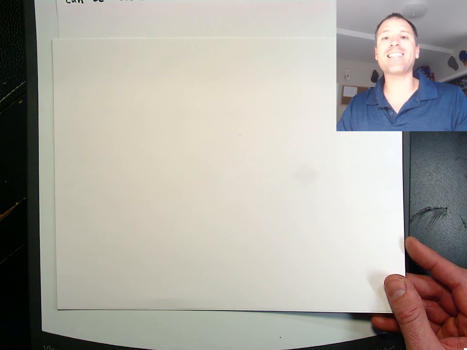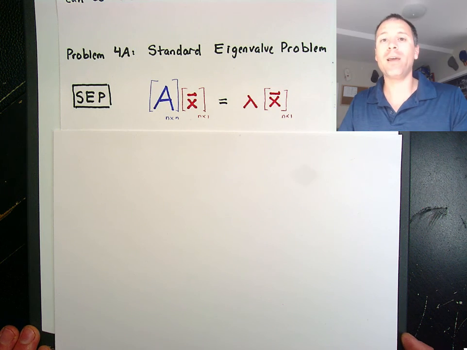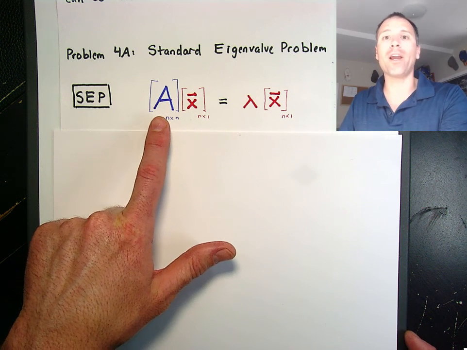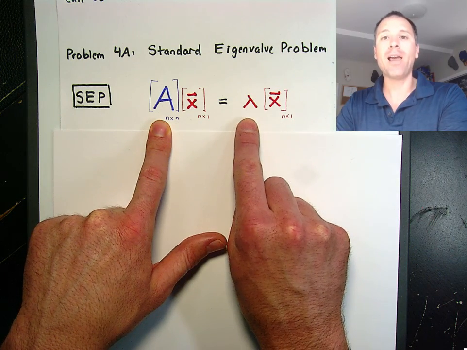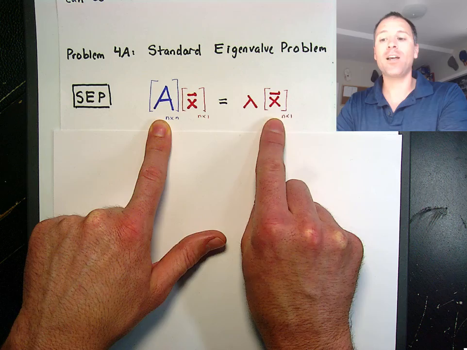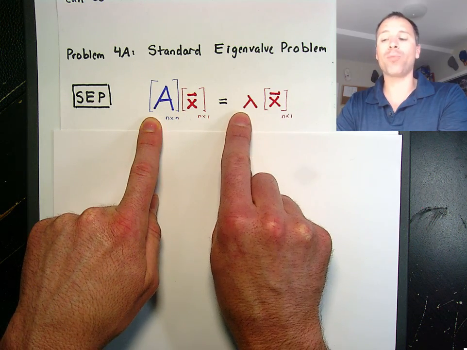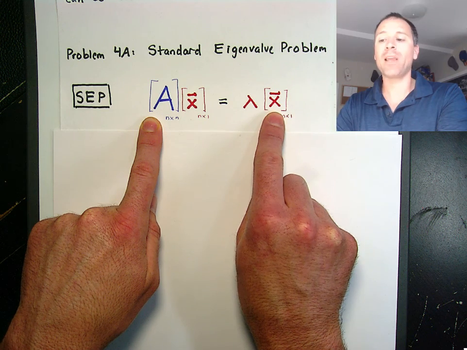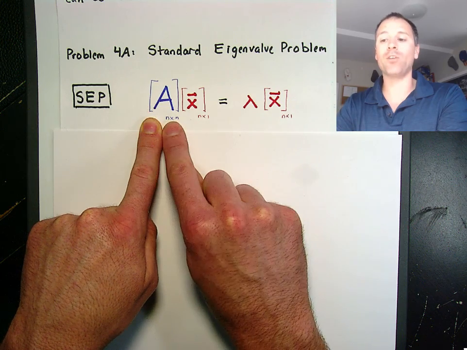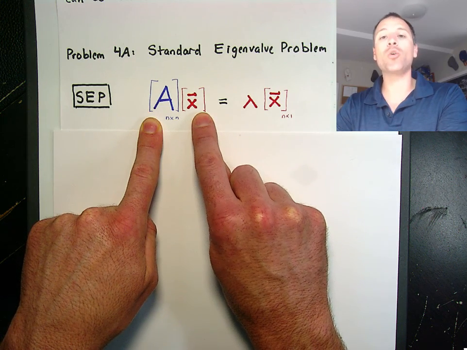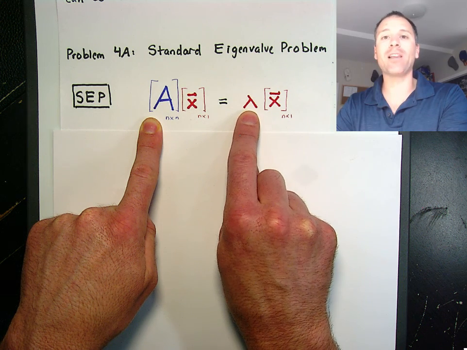The first one is the least complex, and that's known as the standard eigenvalue problem. In the standard eigenvalue problem, we're given a square n by n matrix A, and then we're searching for scalars lambda paired with vectors x, such that when I multiply A times the vector x, I get a scalar multiple of the vector x out. This scalar is known as an eigenvalue, or a standard eigenvalue, and then this vector is the associated eigenvector for eigenvalue lambda. That's the Greek letter lambda.